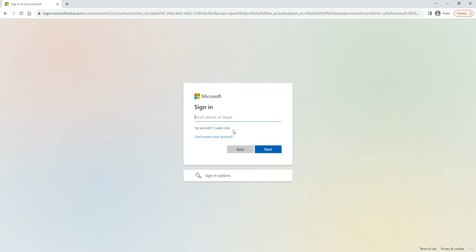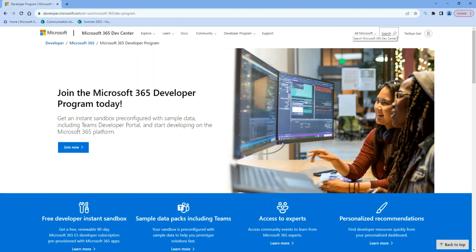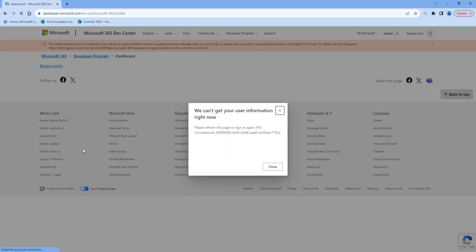For the majority of you, if I use a different browser where I'm already logged in to Office 365, I'll paste the link here. As you can see, this is a different browser. If I click on join now, I will see something like this.